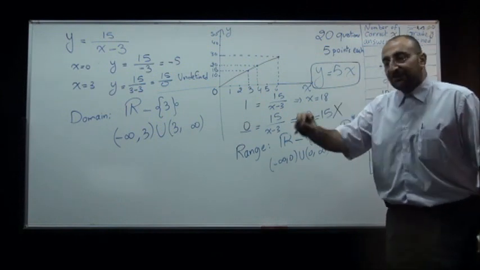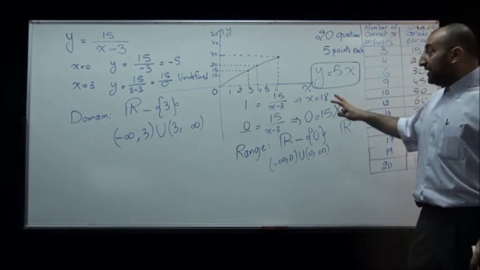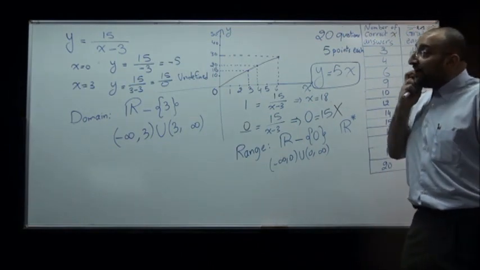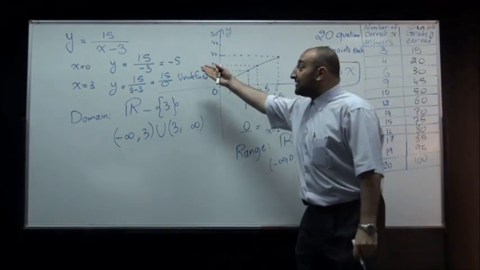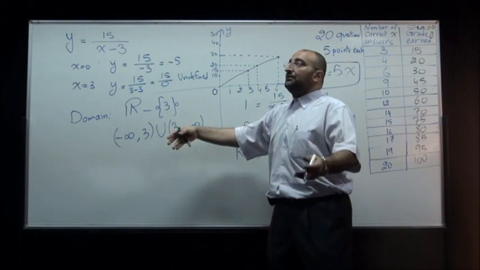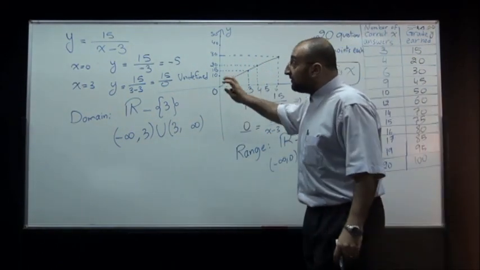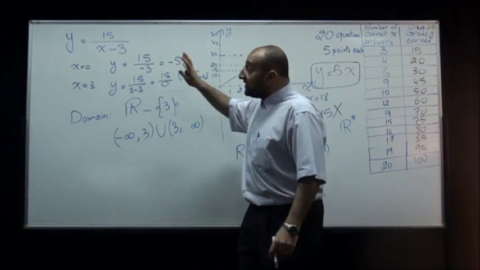So, I would like to ask the following question. Within this particular function, can you find a way, because we're not going to guess. I mean, let me try x equals 0 and x equals 5 and x equals 9, etc. Within this particular function, can you find what is the way